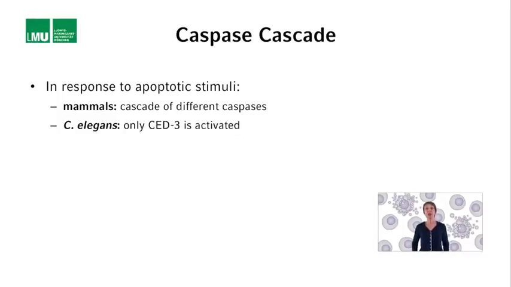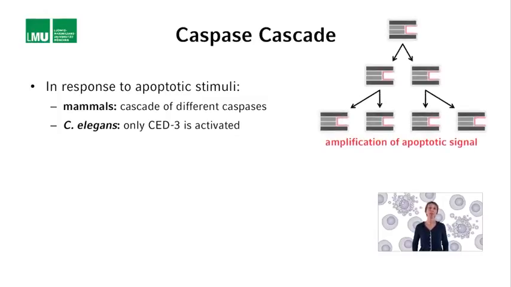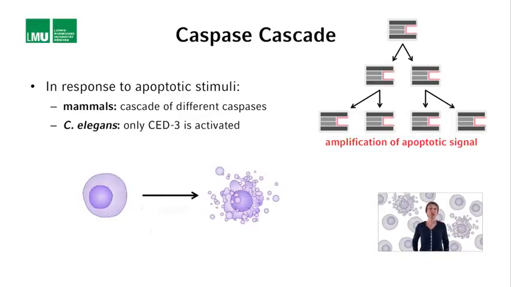Why a cascade of caspases in mammals, but not in C. elegans? A cascade of caspases may allow the amplification of the apoptotic signal, like a snowball effect. It may also allow for additional regulation. Since cells undergo apoptosis very fast in C. elegans, within less than an hour, compared to presumably many hours or even days in mammals, an amplification step and additional levels of regulation may not be necessary in C. elegans. But that's just a speculation. Let's move up one step.